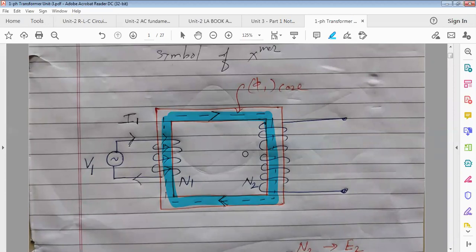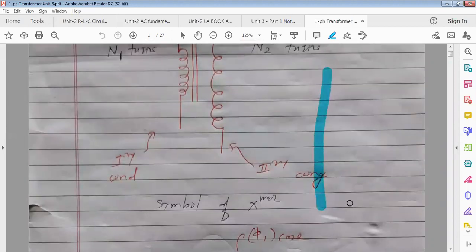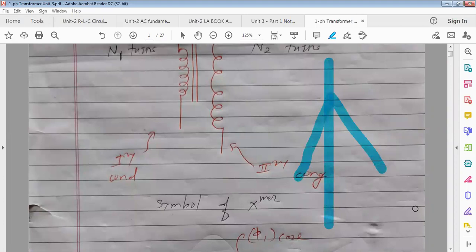Now, similarly, what about the material which is used for the flow of flux? You take one conductor. Suppose like this is the straight conductor. Through this, I'm going to pass current. What happens? What does it produce around it? Whenever you pass current through any conductor, what does it produce around it? Magnetic field. Very good. It produces magnetic field.